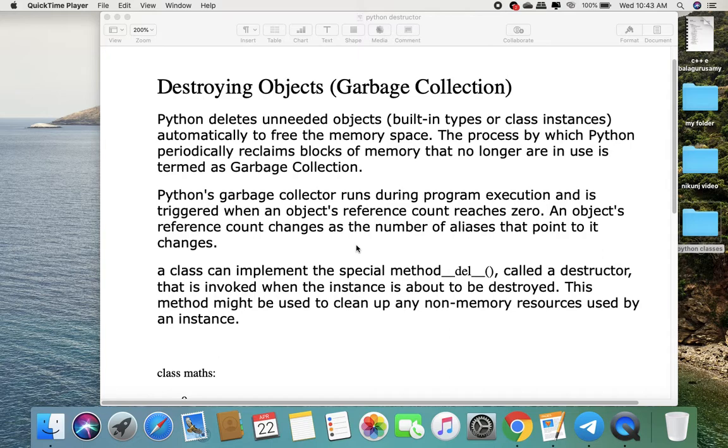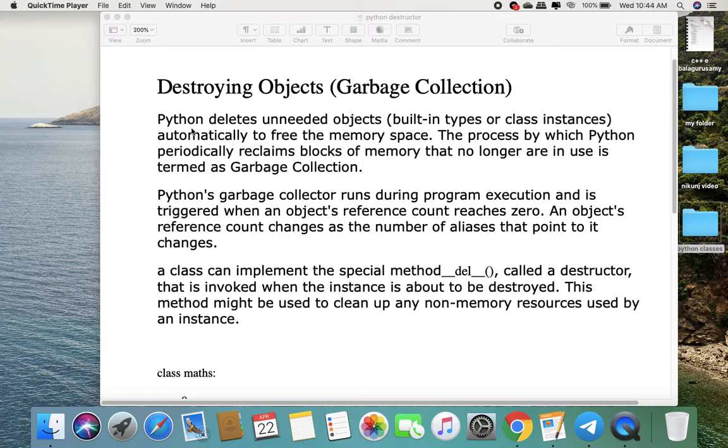In the last class, we learned constructors and their parts, the default constructor and the parameterized constructor. Today, we learn a very important topic, destroying objects or garbage collection. In some languages, it is also known as a destructor. Whenever we create an object, the constructor initializes all class members and gives memory to the variables.